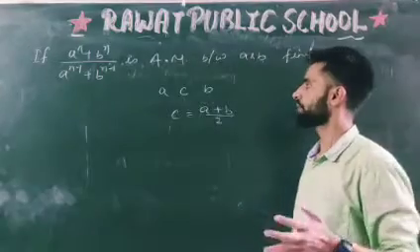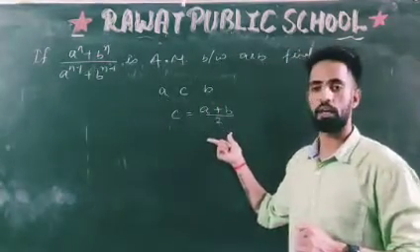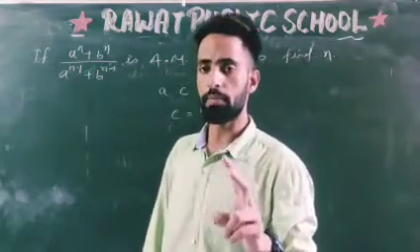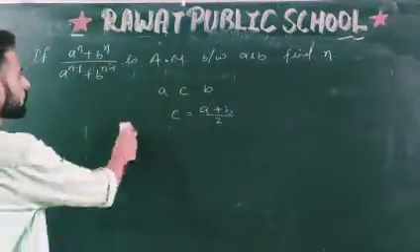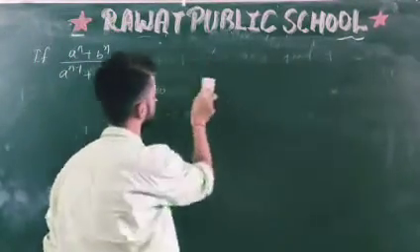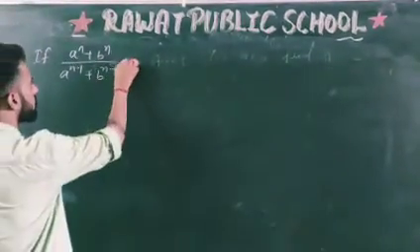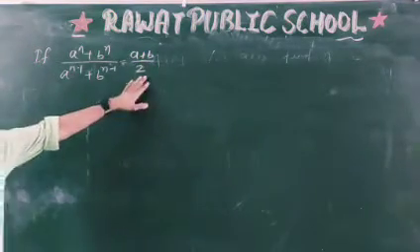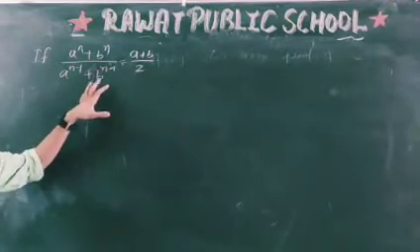So in that case, what I can do here, I can equate this practical arithmetic mean with the theoretical arithmetic mean. I can equate these two because for two numbers the arithmetic mean will remain the same. So what I'm going to do, I'm going to write this equal to (a + b)/2. Theoretical mean, practical mean.